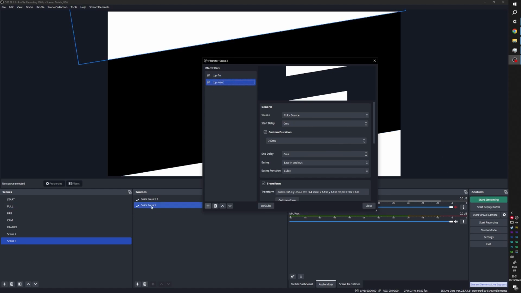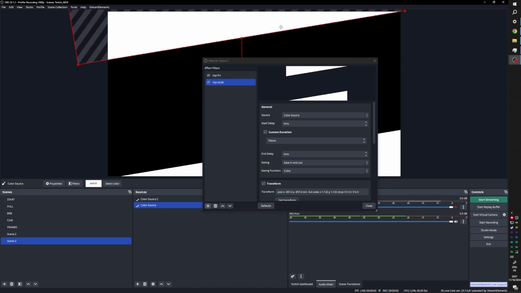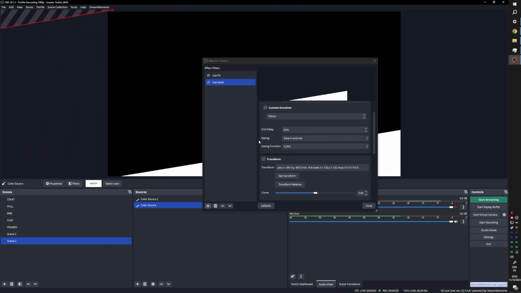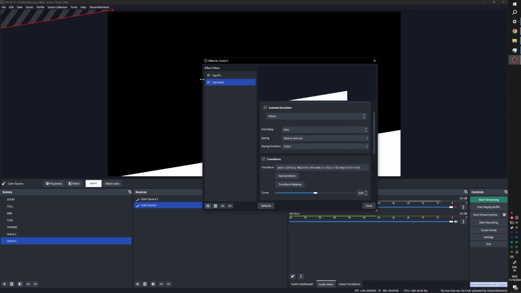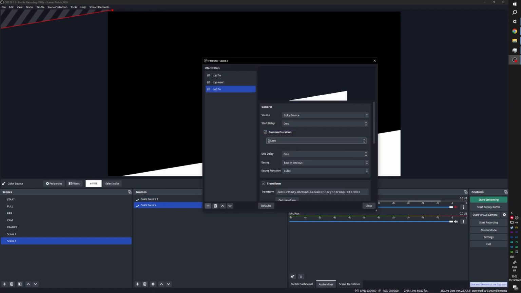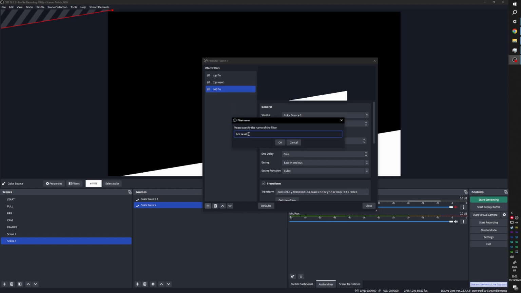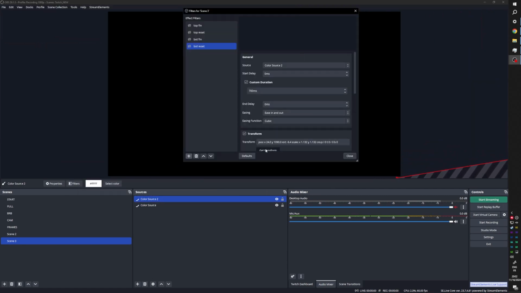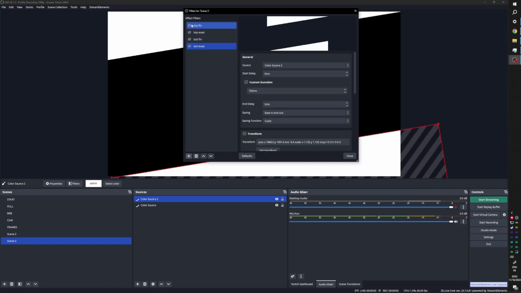To do this, I'm going to click color source and drag it out of frame to where I want it to start, basically. Scroll down, click get transform. Nice. So now I can have a very simple movement. Do the same thing for the other one. Make sure you select the right source. Select it, move it out of the way. Get transform. So now, bam, that's what I want to happen. So let's